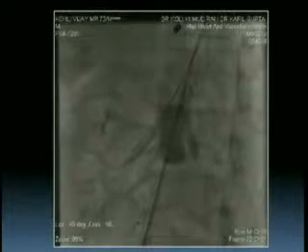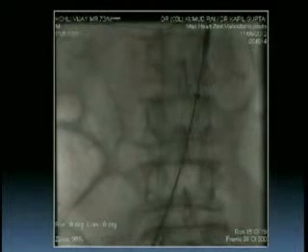You can see the slow deployment in process. After the deployment of the top cap, we deployed the bilateral chimneys, followed by balloon dilatation of both the chimneys and the main body simultaneously. This was followed by deployment of the extension limb on the right side. It was a 120 millimeter extension. You can see there is a lot of calcification of the aortic wall.